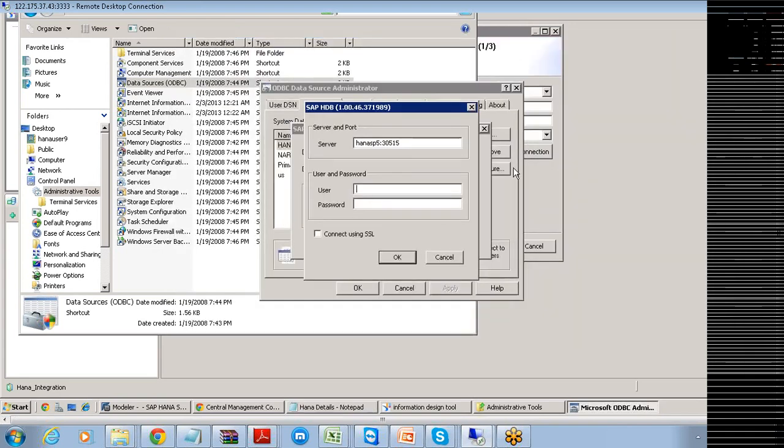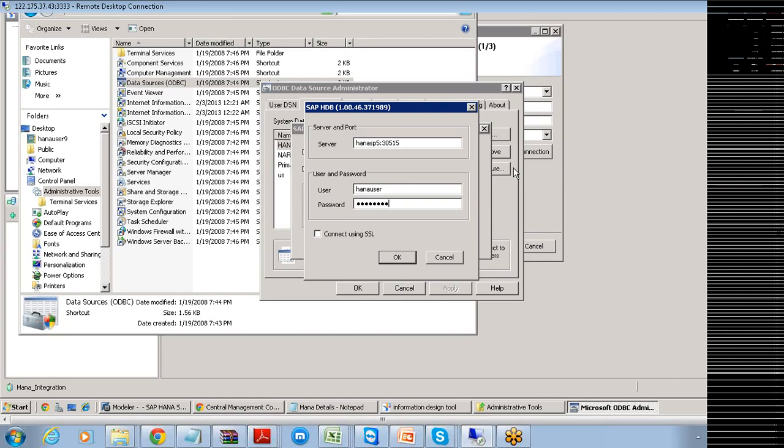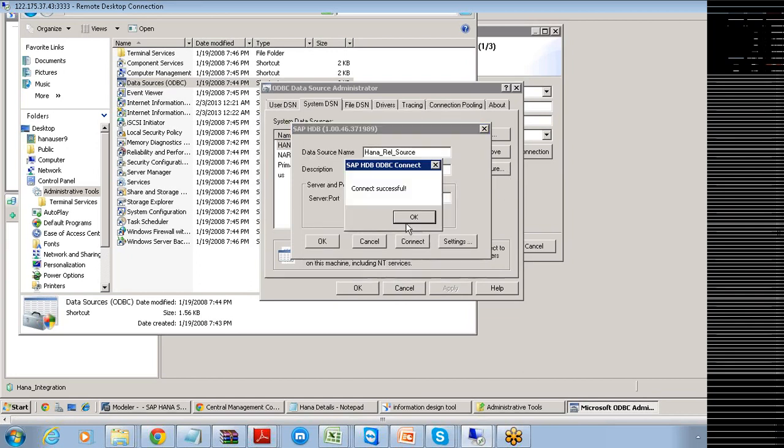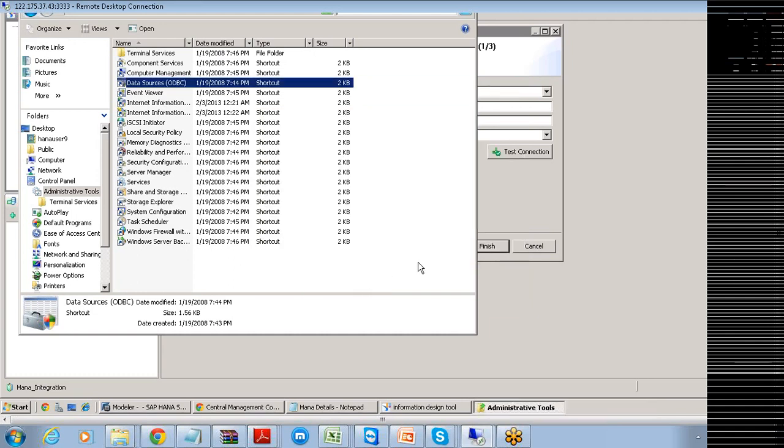HANA user, 123, and click on OK. The connection is successful. Once it is done, you click on OK. We expect this HANA relational source to come, and then you also click on OK like this.